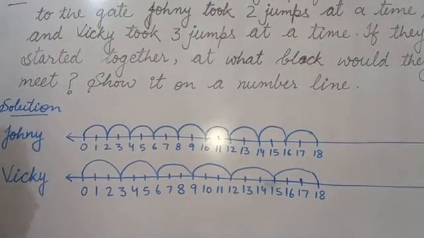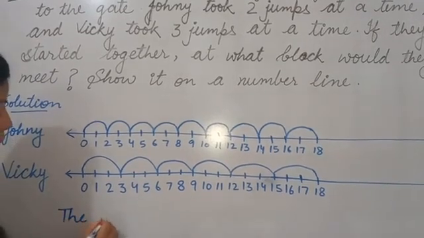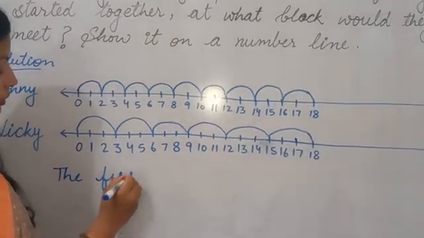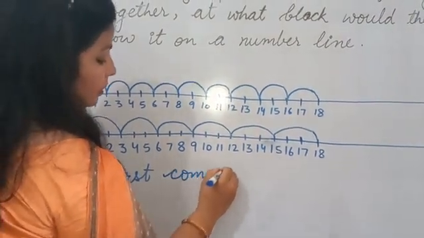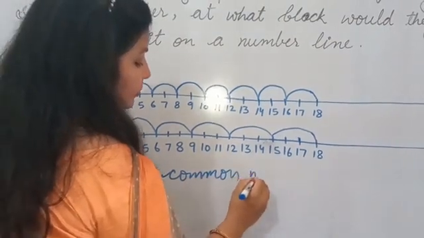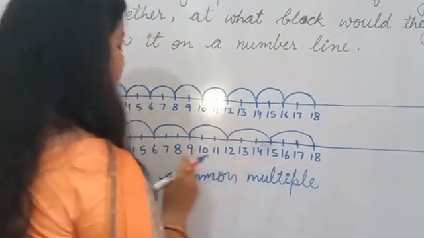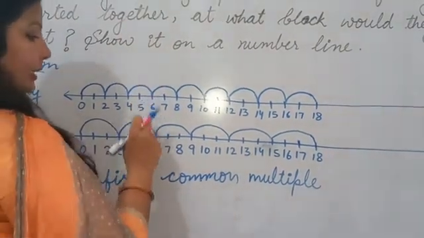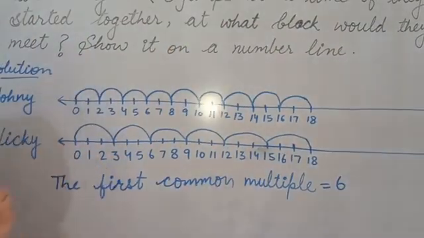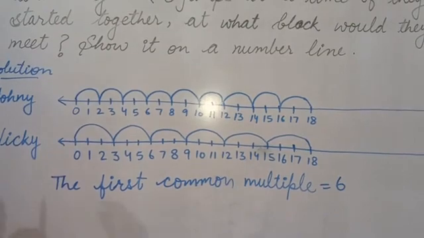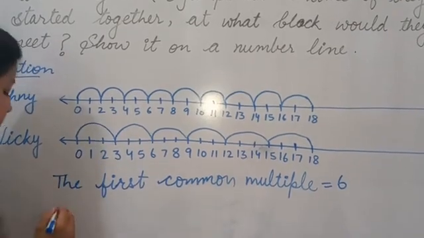Okay, so where did they meet first? On the 6th block. So we write here first common multiple. What is the first common multiple? 6. What first common came? 6 came for both. So the first common multiple is 6. This means they will meet first on the 6th block. At what block? So we write here they would meet at